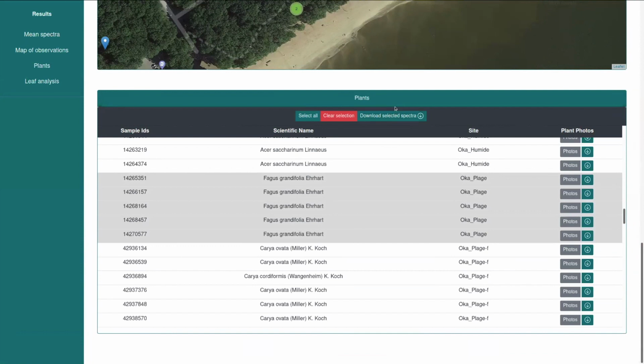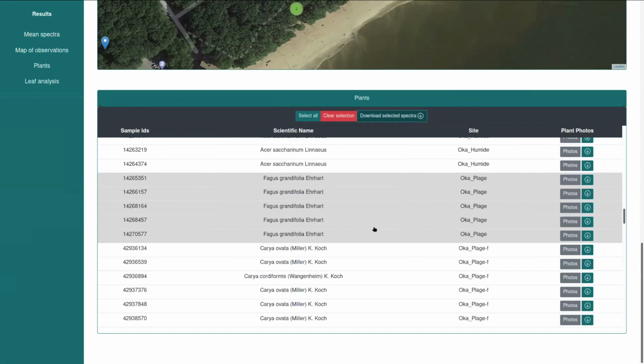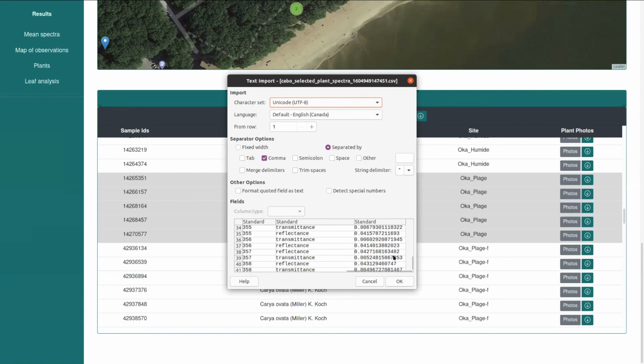I can do it now. I hope this is going to work because I fixed this only on Friday. It should take a few seconds. And then this gives you a CSV file with the spectra for those 6 plants. I won't spend too much time on it here, but you're going to see that it gives you the 6 plants and then the 6 leaves for each plant. And then it gives you the date, the reflectance, the transmittance, and the calculated value.